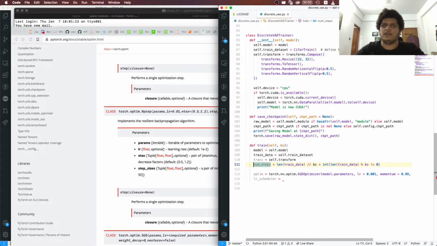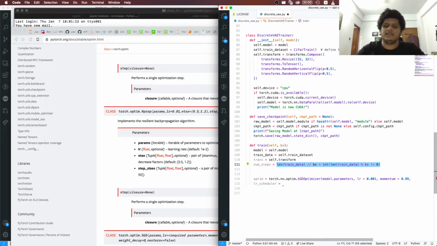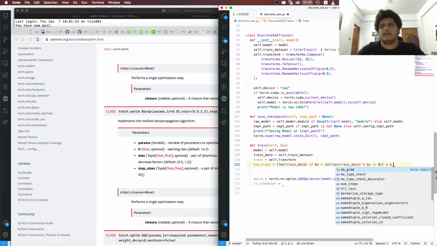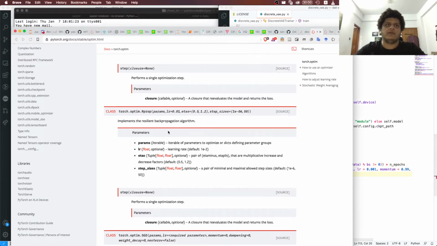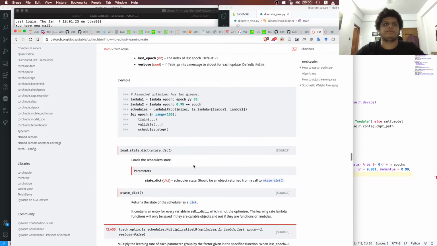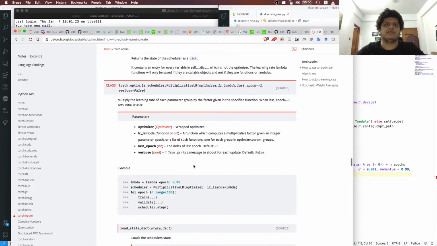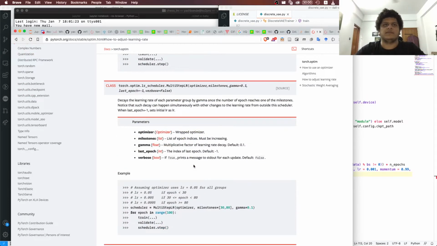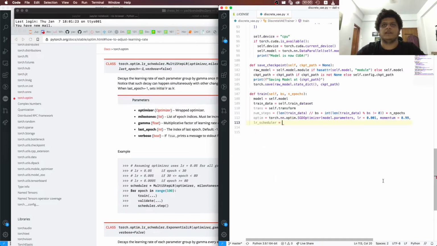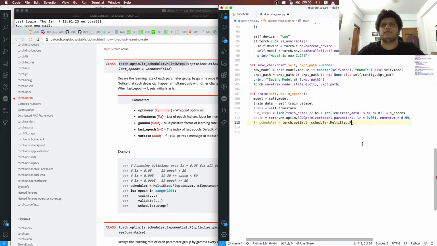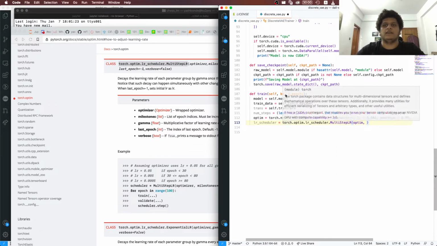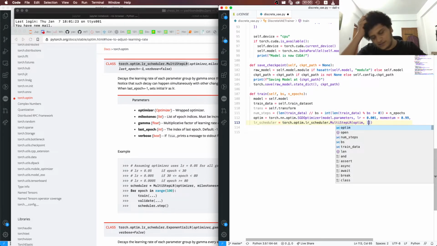Then I need to also add 1, and then this entire thing times epochs. This is the total number of steps that you have, and you also need a multi-step LR. Perfect. So you have torch.optim multi-step LR optimizer, and milestones is